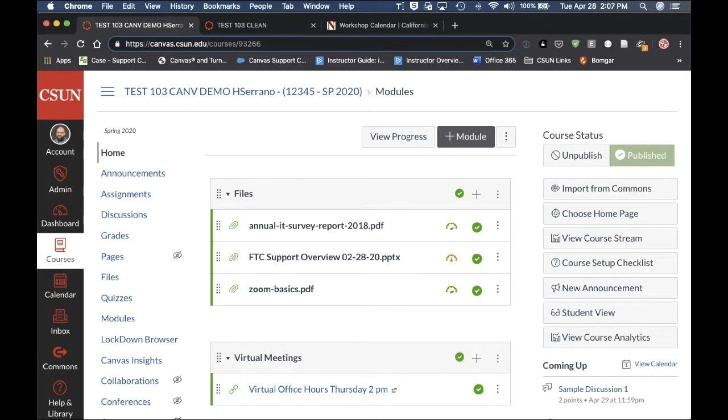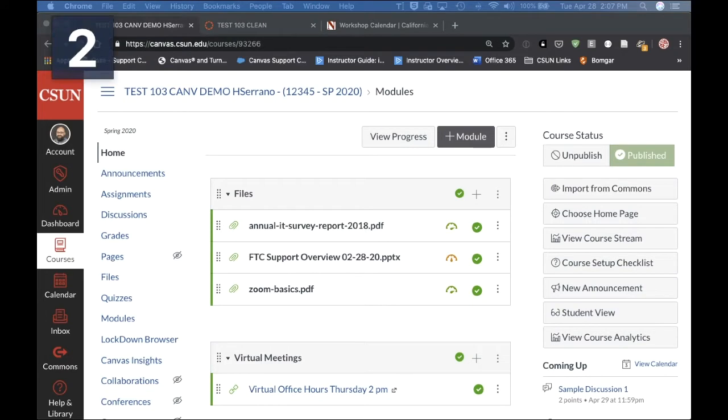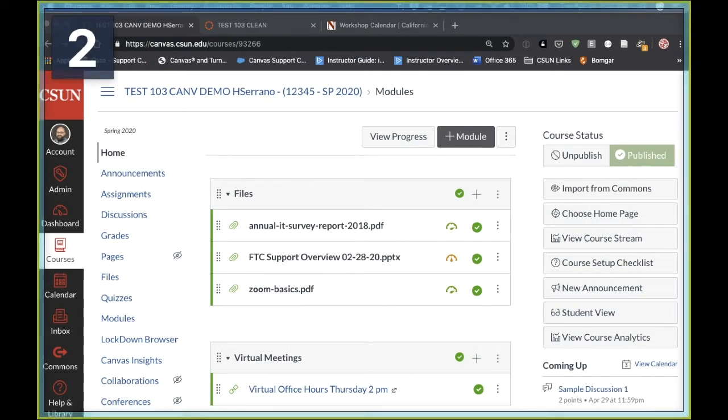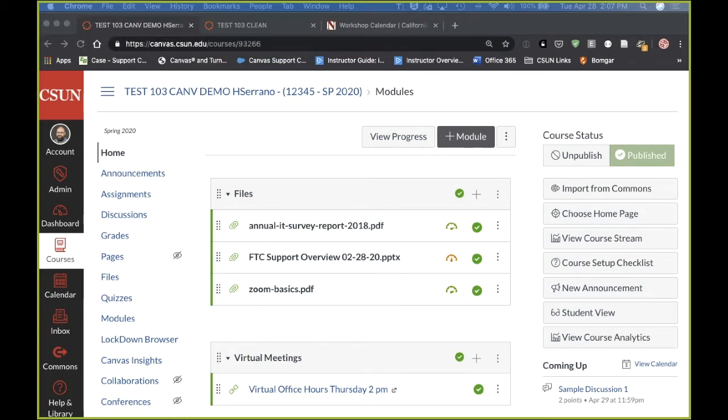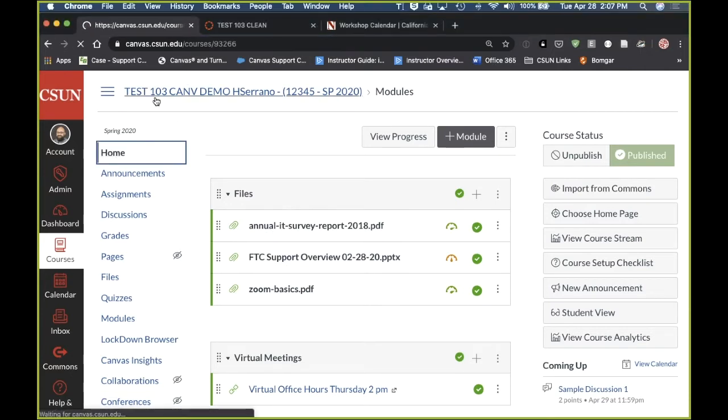Oh, I am not sharing my screen. My apologies. Thank you. So I have accidentally deleted a file. And now I am in the home page. I've clicked on home for my course, my Test 103 Canvas demo course. And here in the address bar,